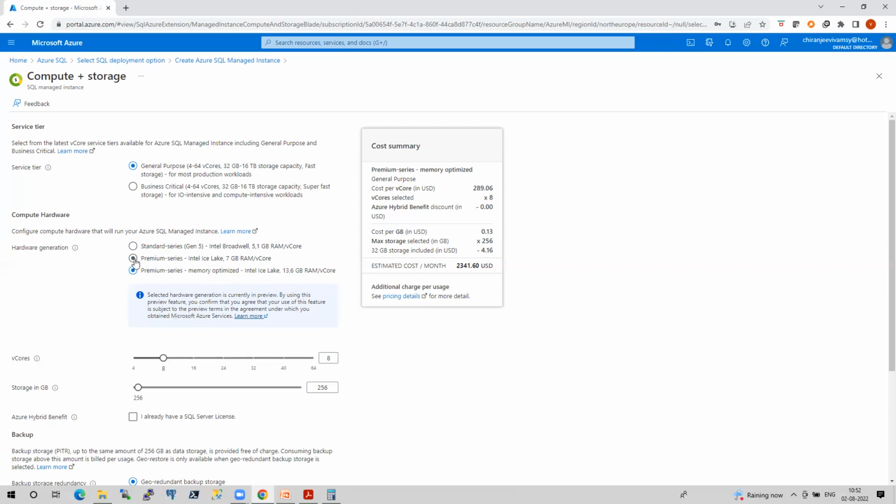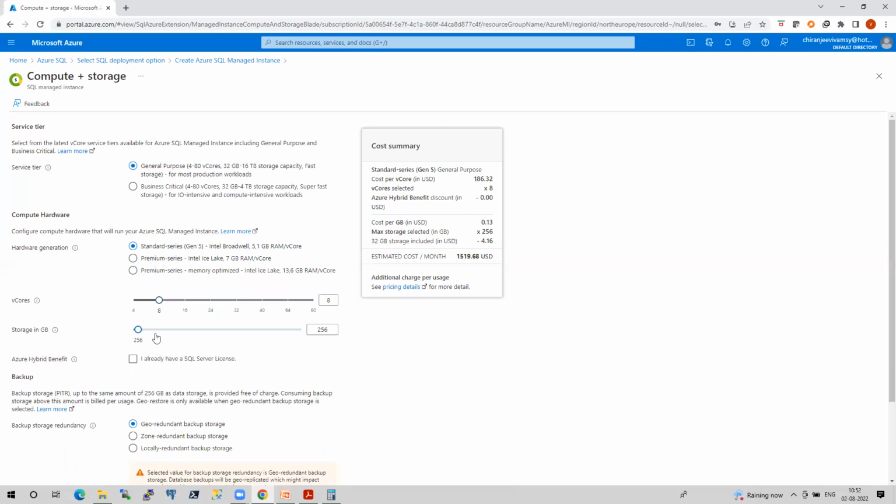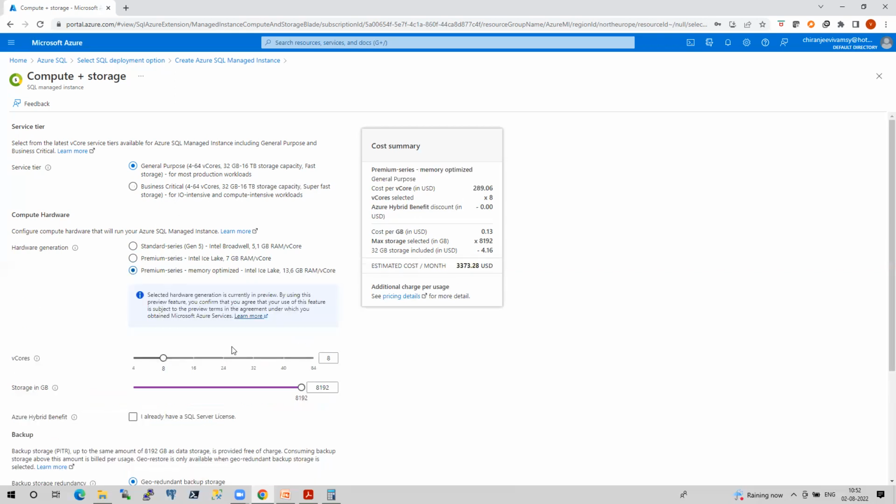And if you see here again, for standard series, the storage capacity at max is, let's see, 8 GB, sorry, 8 terabytes, right? For standard series general purpose, it is 8 terabytes. Whereas if I go with premium series, it's again 8 terabytes. And if I go with premium series memory optimized, again the maximum is 8 terabytes.